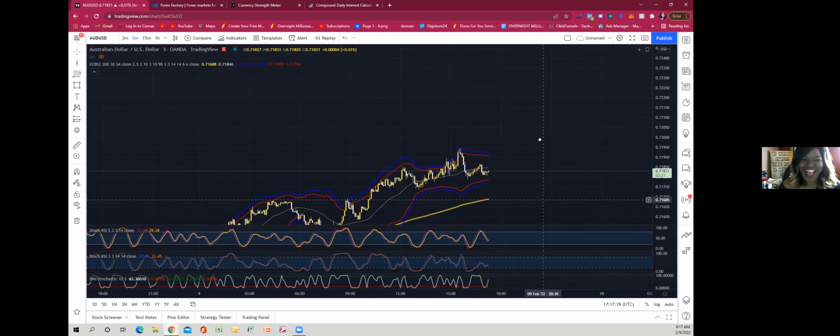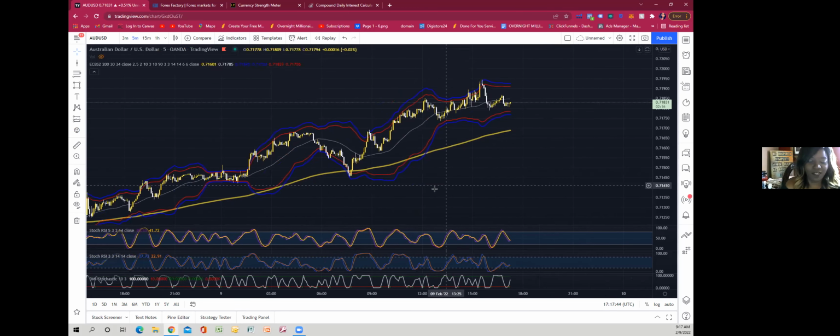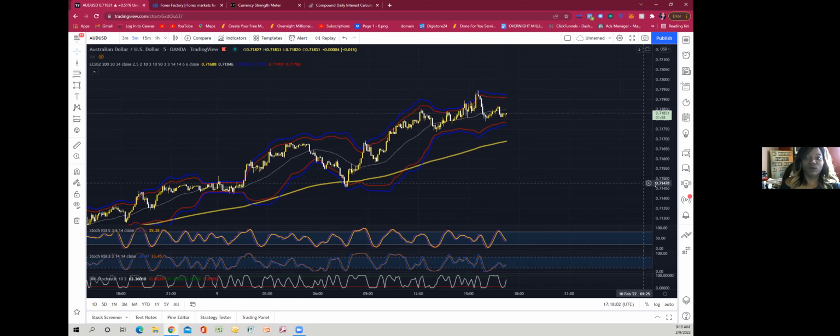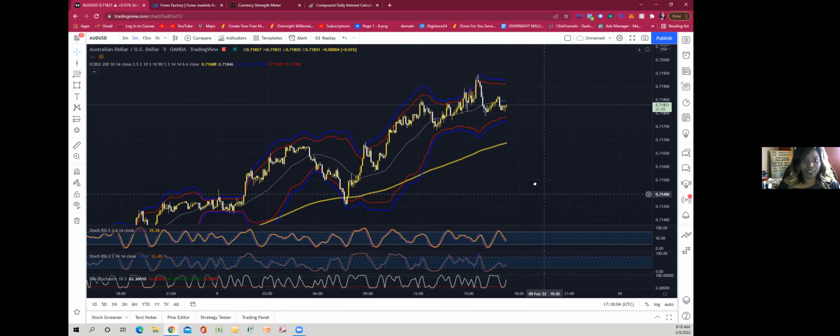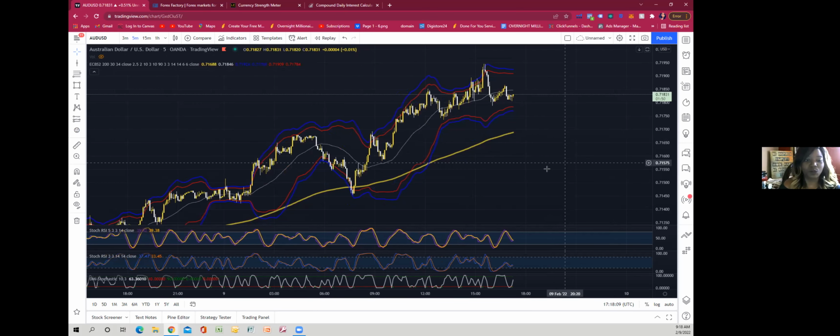I'll just zoom in. Okay, so now what are we going to do with these indicators that we have? Now, I do want to stress that indicators are not a strategy. Indicators are put into place to help you confirm your strategy, to help you confirm the moves. That's what you use indicators for. Now, it may be too much. If it is too much for you, let me break down why I use these indicators.